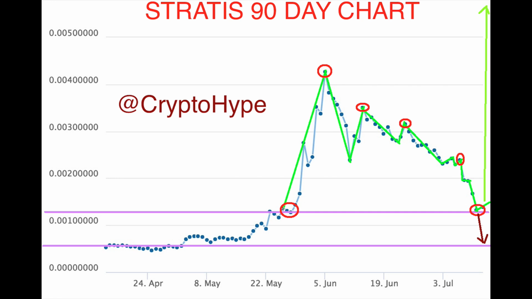I believe this was the time when the Stratis team was having a lot of conferences in India. They were pretty much traveling, so the price really went up, and there was a lot of buzz and a lot of things happening, so that's why the price was really up. As you can see right over here, it shot up crazy. Then after some time, it went down, it went up again. As you can see, these are the highest points that Stratis hit ever since it tried to consolidate.